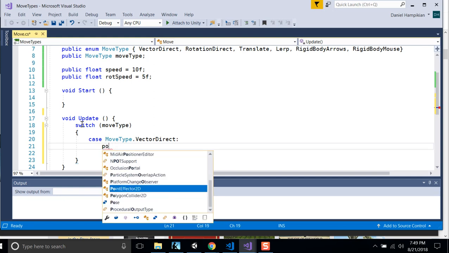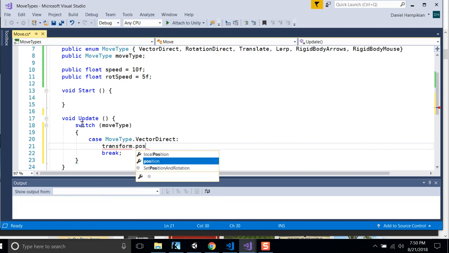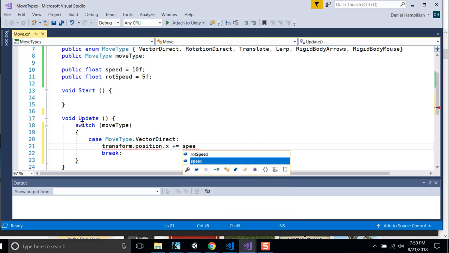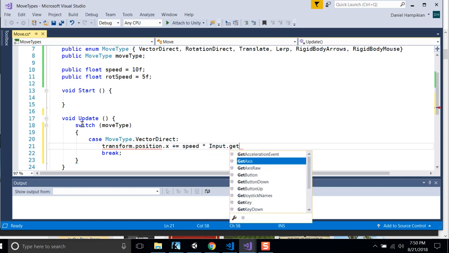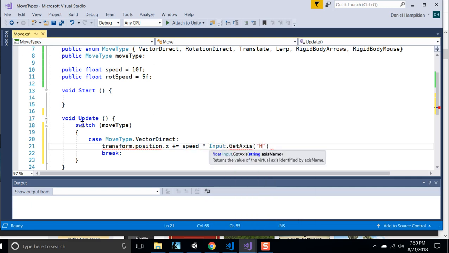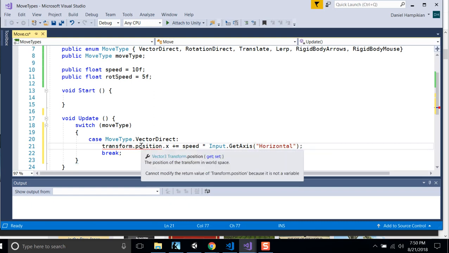position, transform.position. So that's the position of the game object this is attached to, which is the player. And we're going to add itself plus our speed, and we'll just multiply times input, and we'll get access, and we want the horizontal axis for x. So that's left and right, for our x values. So input.getAxis horizontal times the speed, and we'll add to that position